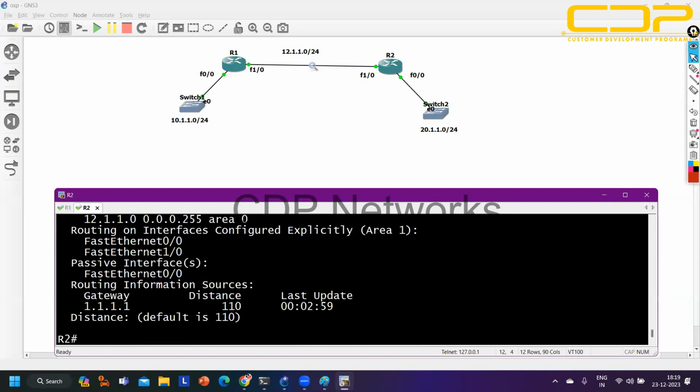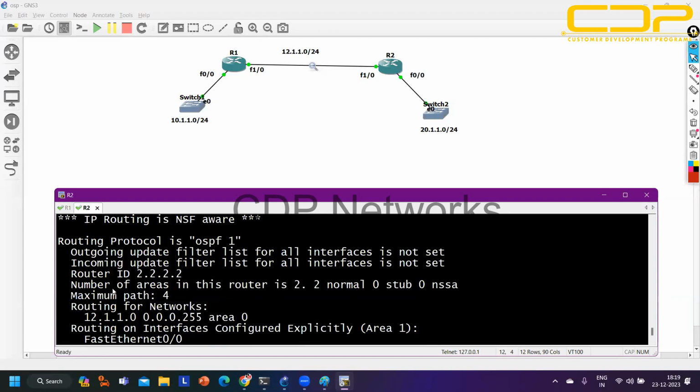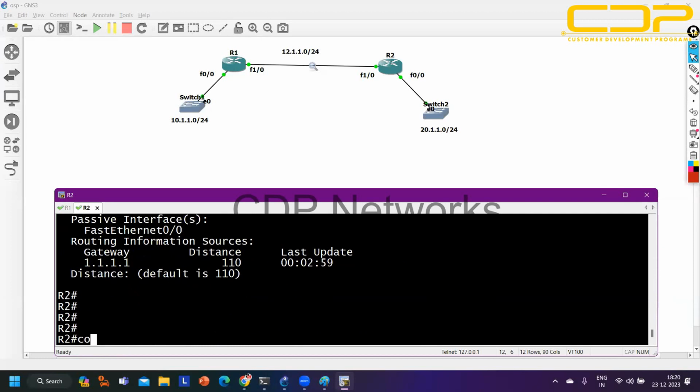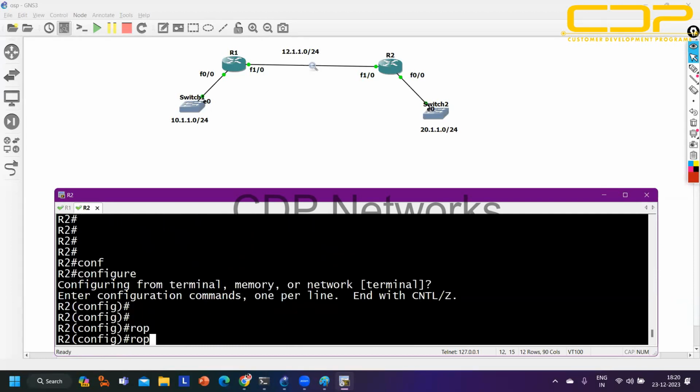So IP protocol. So we have some passive interface here, fast Ethernet 0/0. That is fine. Distance value is what? 110. Distance value is 110. This is by default. We can change it also. And maximum path. How many paths can this router install in the routing table? 4. So if you want to change these things, a router